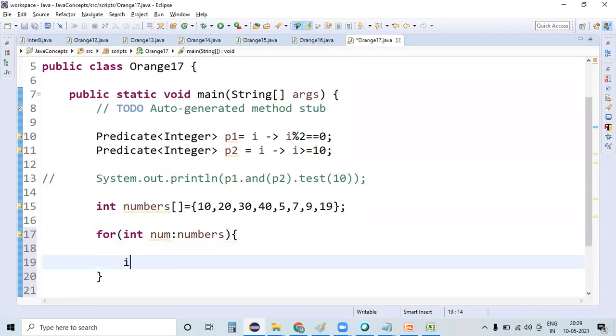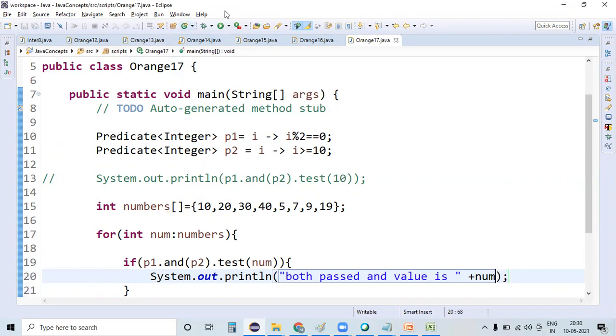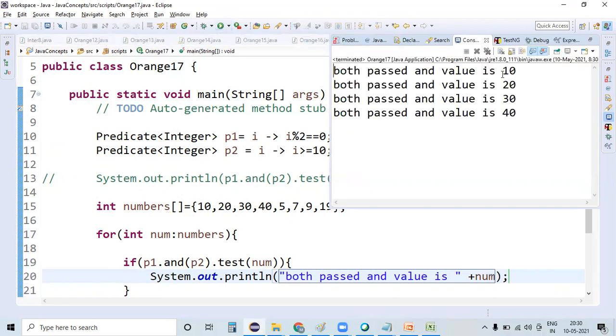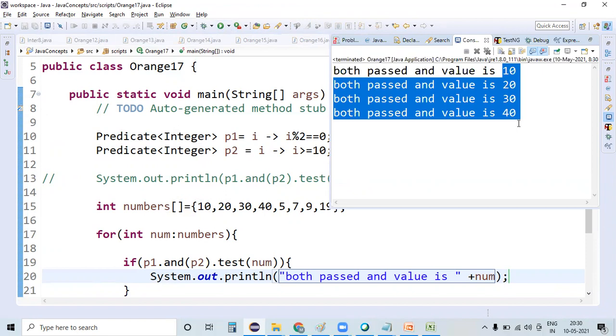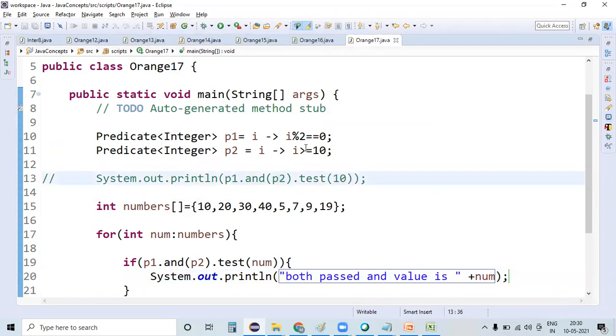And here if p1.and(p2).test of this number, run it on the number. System.out.println, both passed. Both the conditions passed, and a value is plus number. Now, when I run my test script, these are the numbers whose value is greater than 10 and even.